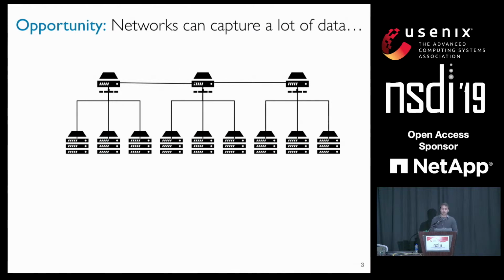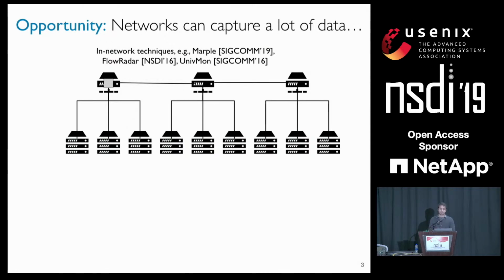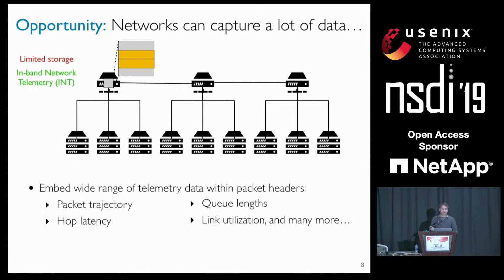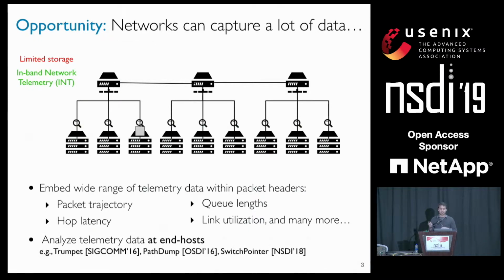Now, fortunately, modern data center networks are equipped with a lot of information that can help in detecting and diagnosing these issues. For instance, consider a packet that traverses through a particular switch. Recent in-network techniques have essentially proposed the use of data structures that reside at these switches and can track metrics to help detect and diagnose these issues. However, due to the limited storage in the current generation of switches, another class of approaches has essentially argued for the use of in-band network telemetry techniques to embed a wide range of telemetry data ranging from packet trajectory, hop latency, queue lengths, and link utilization directly within the packet headers so that they can be finally analyzed at the